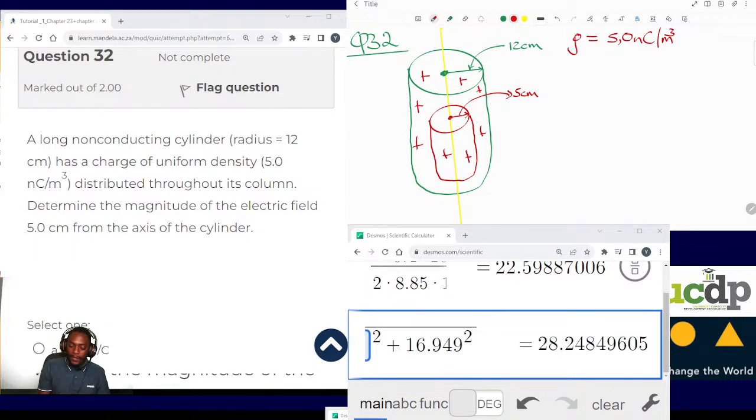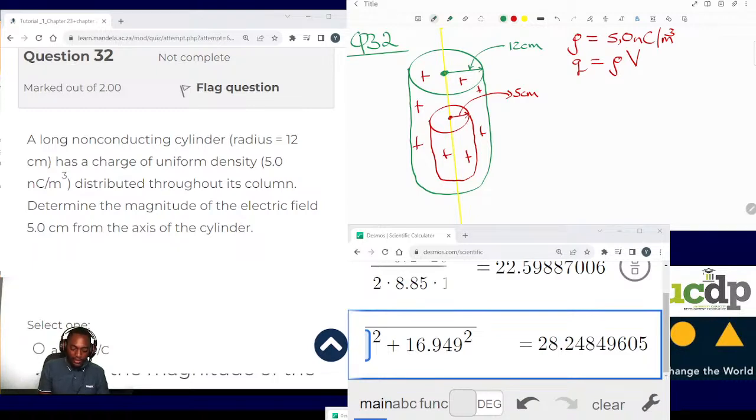And we should know that the charge enclosed is also equal to rho V, because we're considering charge per volume. Now that we have put our perfect Gaussian surface at 5 centimeters, we apply our Gauss